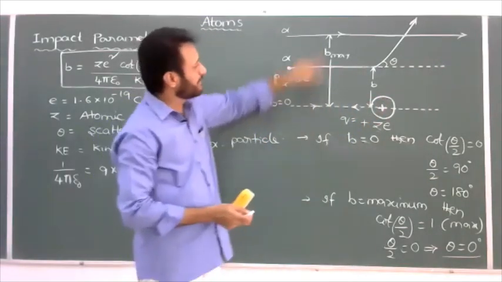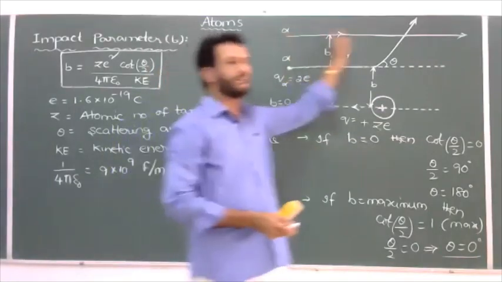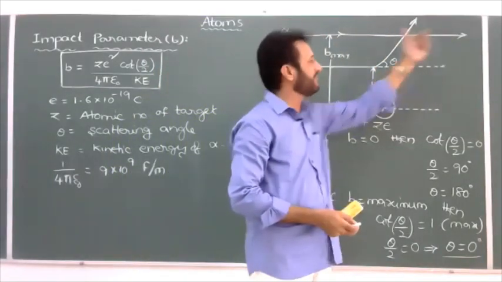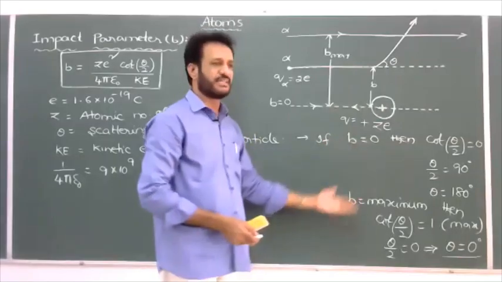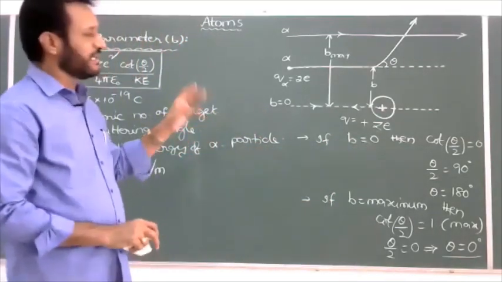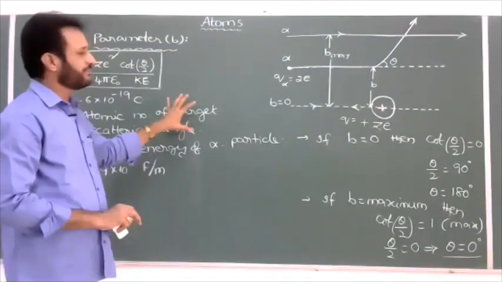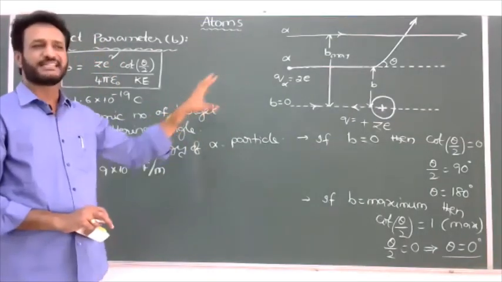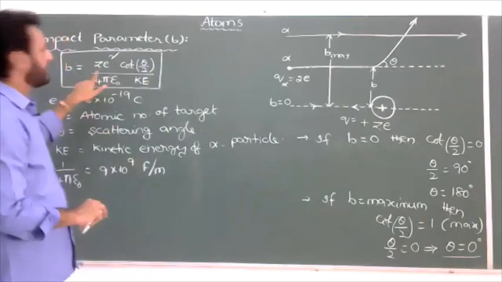When the impact parameter is a maximum, the alpha particle moves without bending or any deviation. If you substitute other angles also, like 30 degree, 40 degree, 50 degree, then by using this impact parameter, we can understand the shape, or the path of the trajectory, of the alpha particle. That is only the impact parameter.